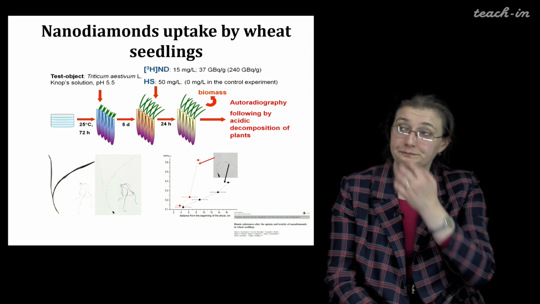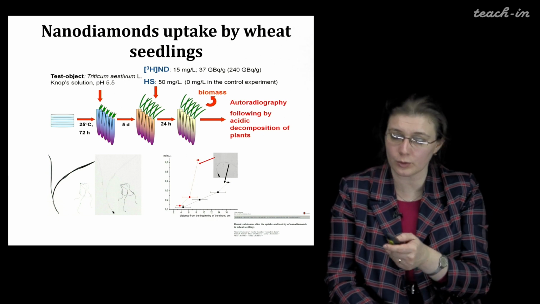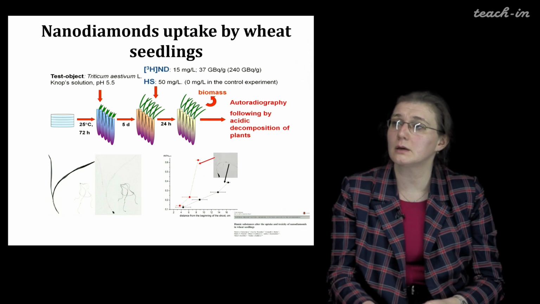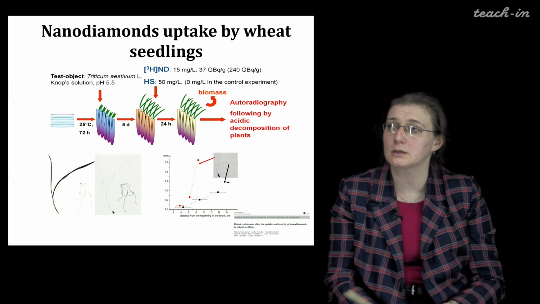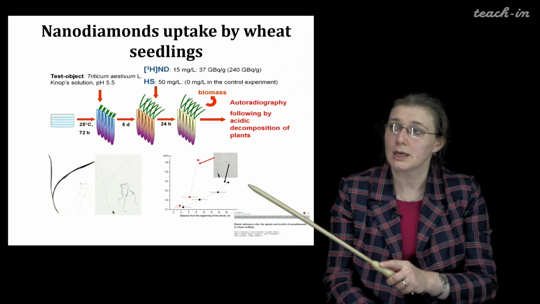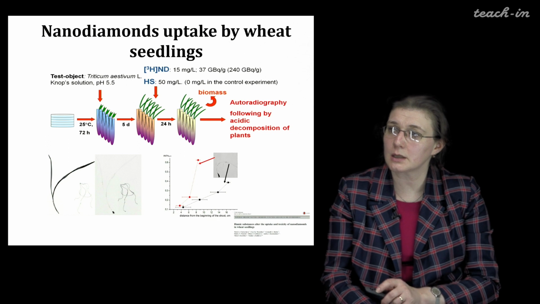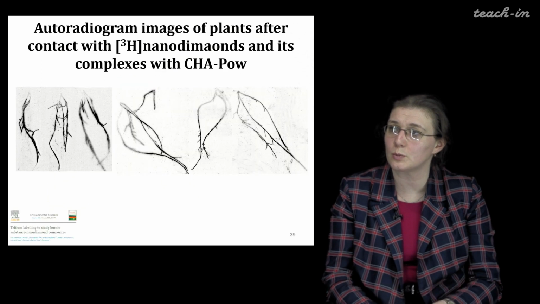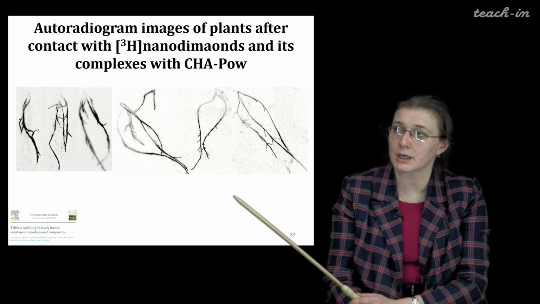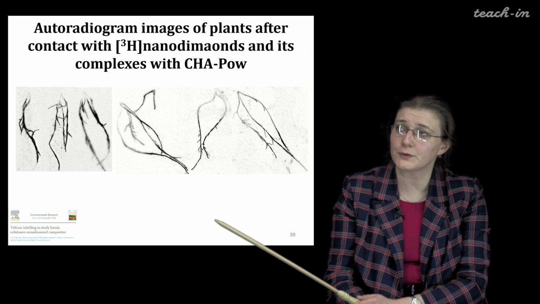So we determined the direct amount, since we know the initial specific radioactivity, and we can determine the amount of labeled material in different parts. Here is an example with leaves. And I also have a few more images, again, the autoradiography of the result of the interaction of nanodiamonds